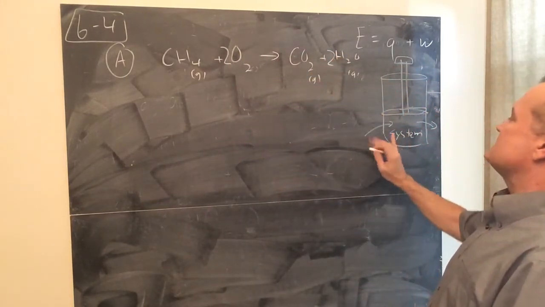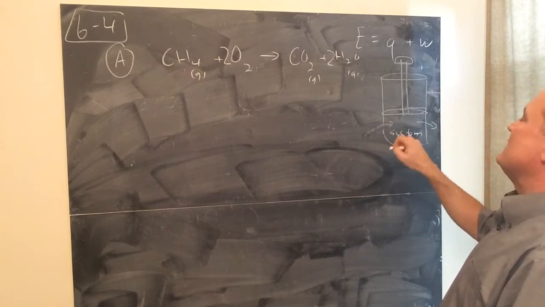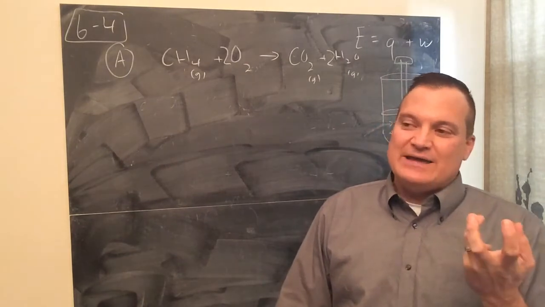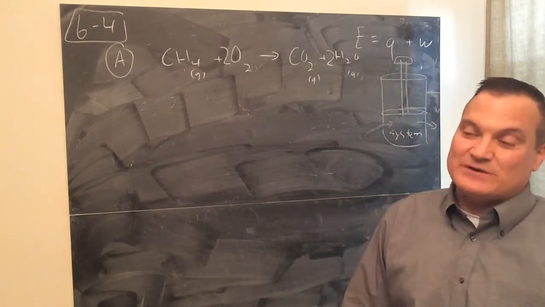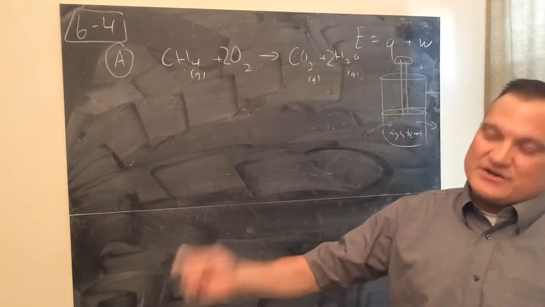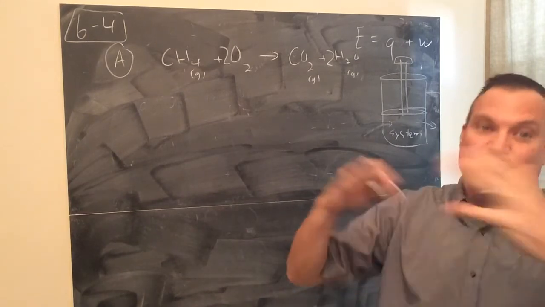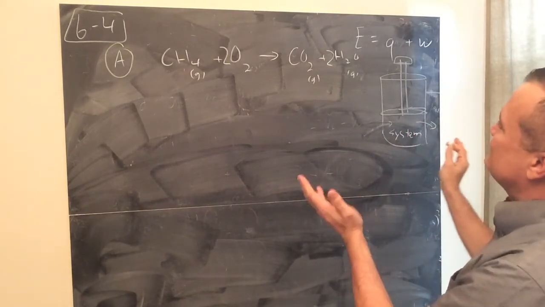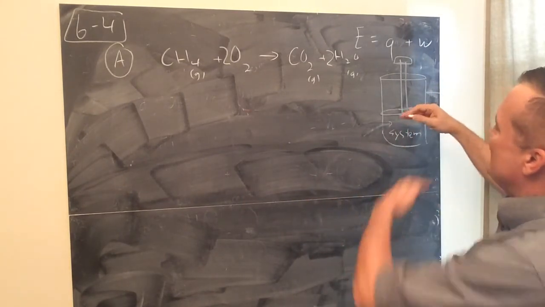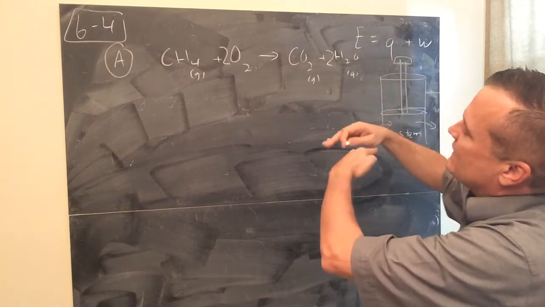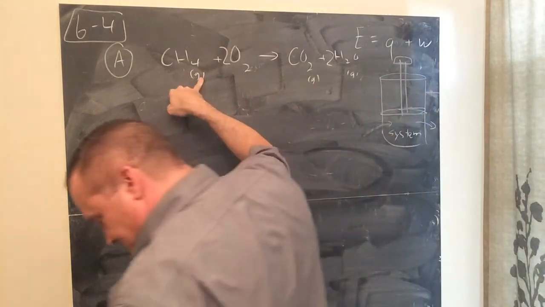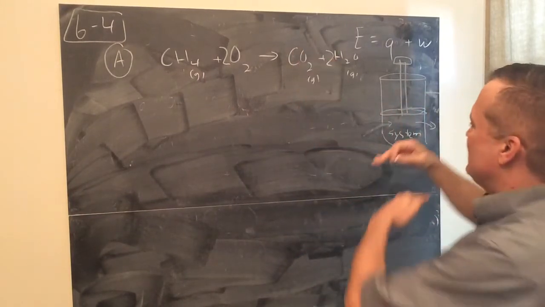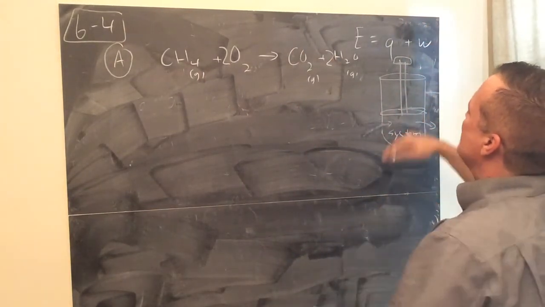This could be going on inside here, in fact. We could have methane in here. We could be burning it inside it. I mean, gasoline is often burned in a piston or in a cylinder. In your engine, that's what happens. The gasoline goes in there, oxygen goes in there, a spark plug ignites it, boom, and then you might get heat. Obviously, heat is involved around the system, and also changing from a liquid, well, in this case, it's a gas, but changing from a liquid to a gas also causes a change in the volume, which means it does work